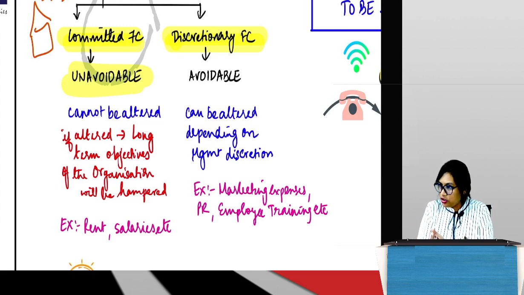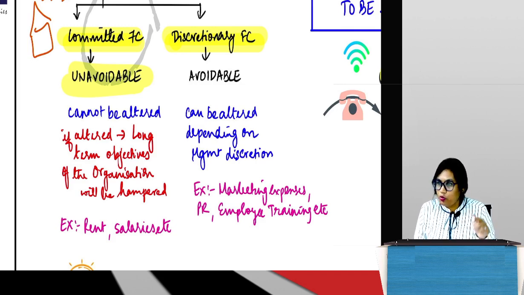So rent is a fixed cost. The nature of rent is fixed because you have to incur it irrespective of output. Whatever the output, whether 0, 100, or 1000, you have to incur the fixed cost. You cannot run away from it. But suppose he wants to reduce this fixed cost on his own, without discussing with the owner. He suddenly decides, I am going to reduce the fixed cost. Can he do it? If he does, what will happen? The owner will ask him to leave.